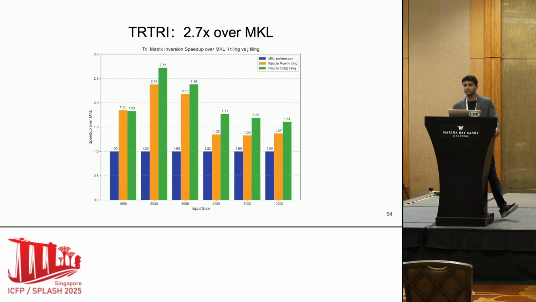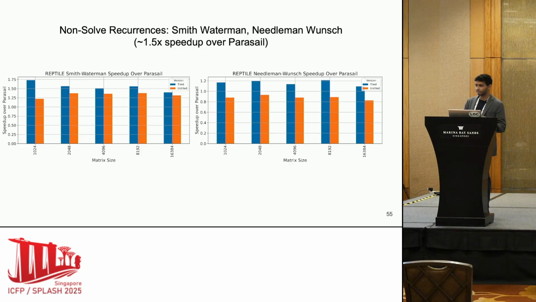For less commonly used solvers that you don't see in the wild, we notice we got up to 2.7x, and that makes sense because they don't get optimized as well as, say, a matrix multiply. We did compare against the matrix multiply, and we got no speedup whatsoever, which makes sense. And then we also evaluated this against some non-solver recurrences just to show it's possible. So in this case, we have some bioinformatics algorithms, and we were able to get about 1.6x speedup over the